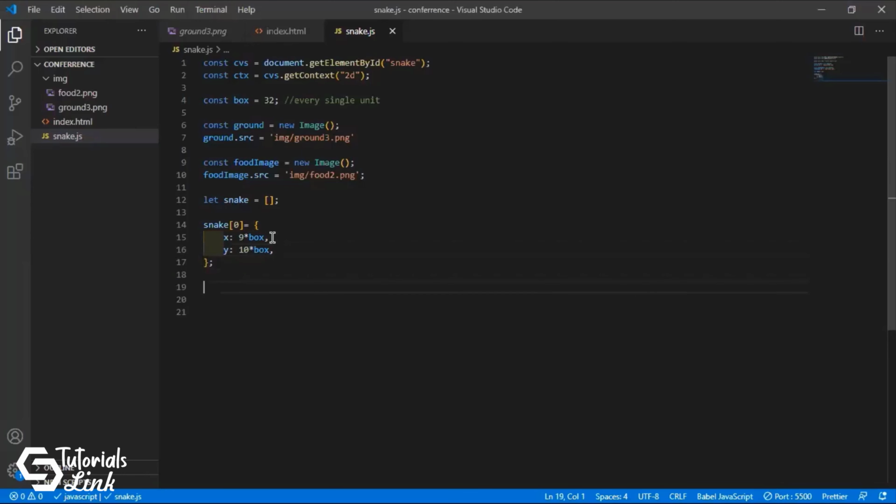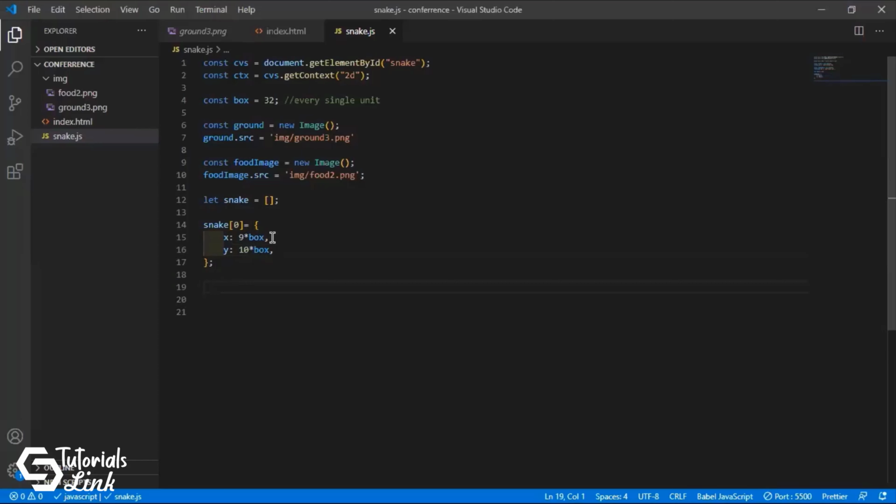So this is the initial thing I mentioned, that initially the snake on its 0th index will be positioned on the 9th coordinate, that is 9 into 32 from the x-axis and 10 into 32 from the y-axis. So that is, I think, the center. Fine.